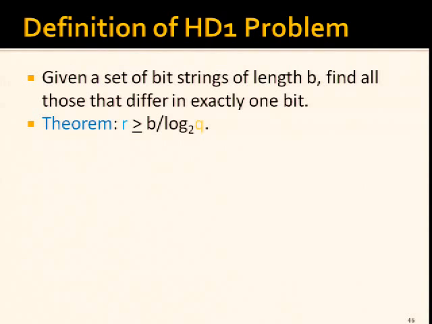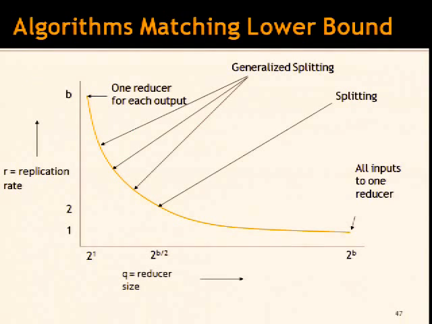Now there's a theorem, I'm not going to go into it, that says the replication rate has to be at least b divided by log base 2 of q. This is different from what it was with the pairs or the drug interaction problem, where r is some constant divided by q. Here it's divided by log q. And it turns out that the gold line is intended to be the lower bound, and there actually are a number of algorithms that match the lower bound exactly. For example,